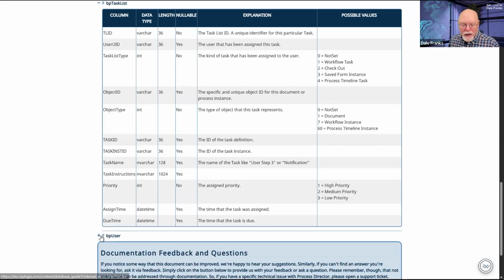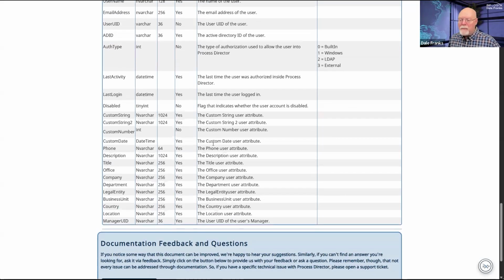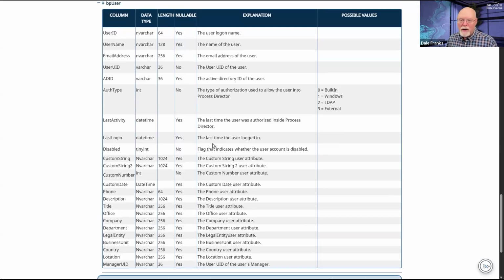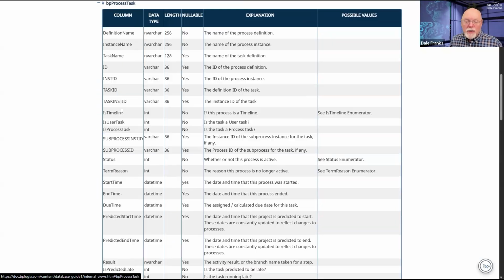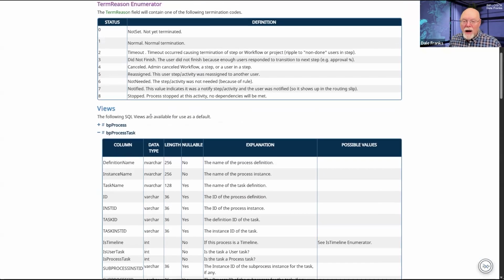Now, these are built into Process Director. You could just type in select star from BP user, and it will just return all the user data that is set up in the system. So you can actually pull this with a SQL data source. So there's a lot of good stuff here that you can grab just using a SQL data source without having